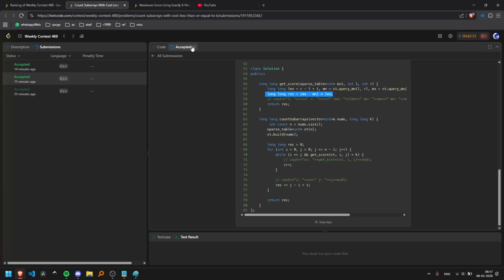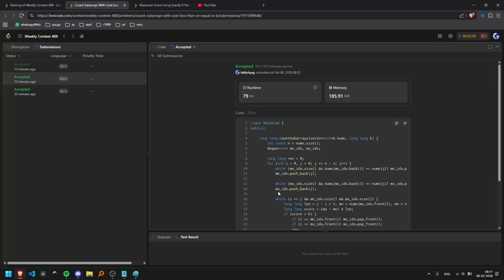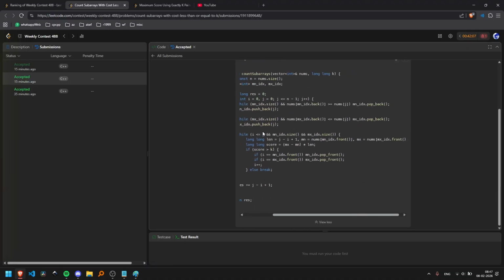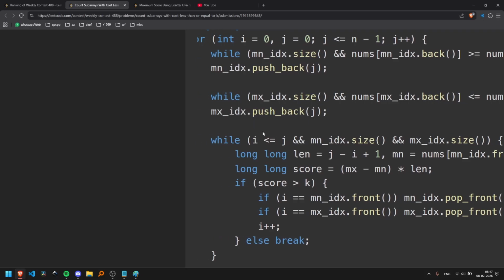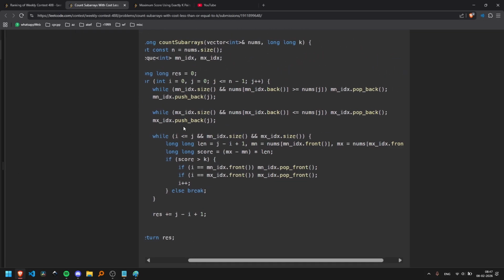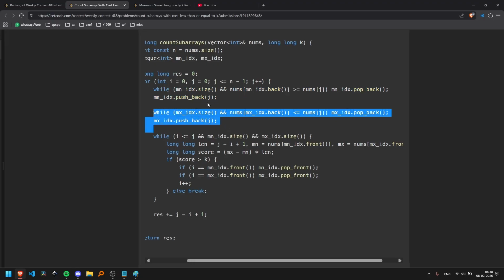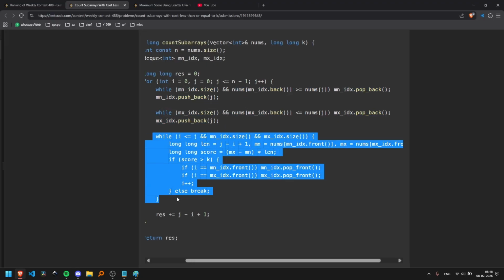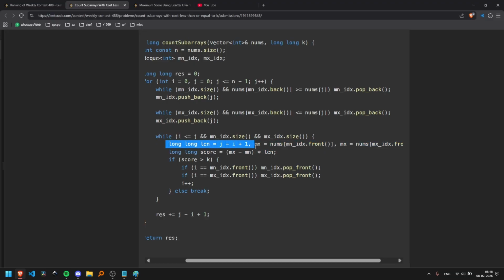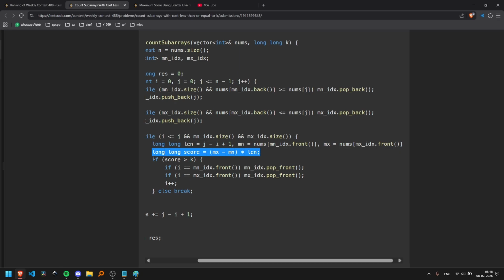And for the monotonic DQ approach, it's the same idea, but this would be O of n, no n log n pre-computation. If you have done the sliding window max and min problem, this would be trivial. Basically here I am maintaining the monotonicity of both the DQs. Now I am moving the other pointer forward, basically getting the length. Obviously this should be non-empty for this. Getting the mins and maxes and the score, if the score is greater than k, that means invalid, and